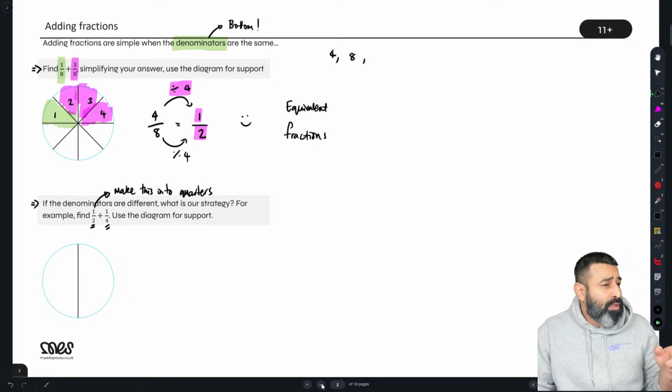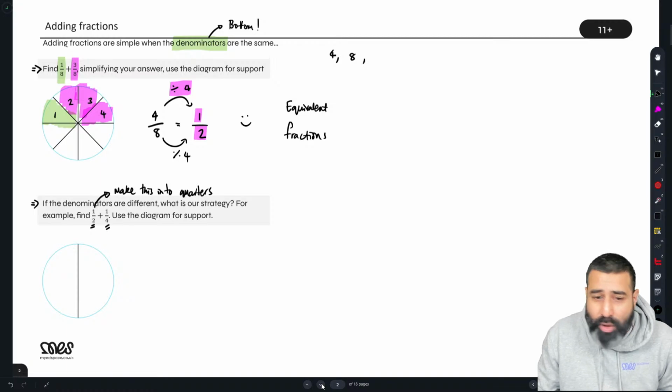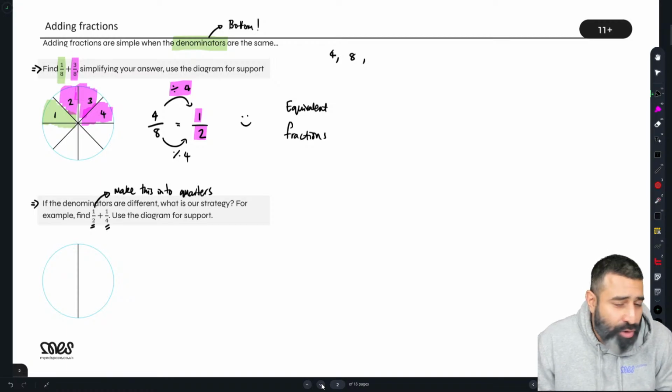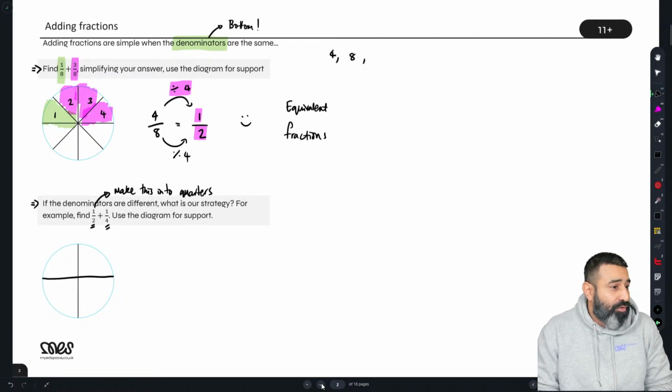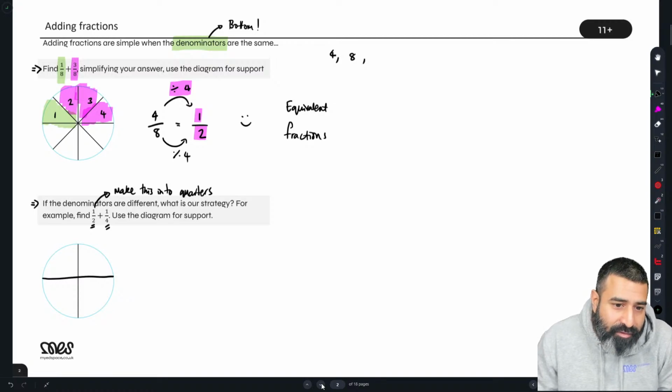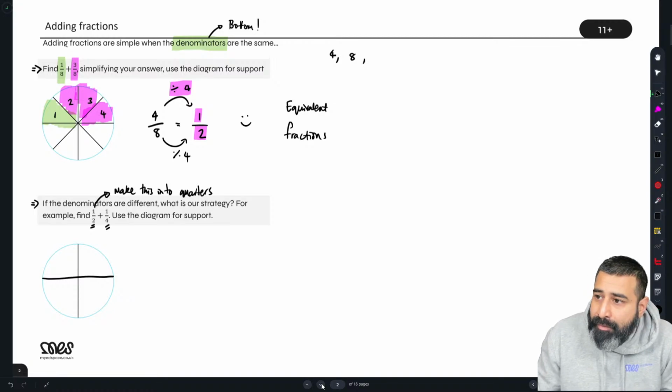Ooh. Yeah, you're telling me the answer, Vihan. Tell me what to do to my diagram. What could I draw? If I was going to draw a line, tell me how to draw the line. Halve it. Okay, nice. I like it. So what we're going to do is draw a line and split it up into 4s, okay? So if we split it up into 4s, my half is now represented as what?